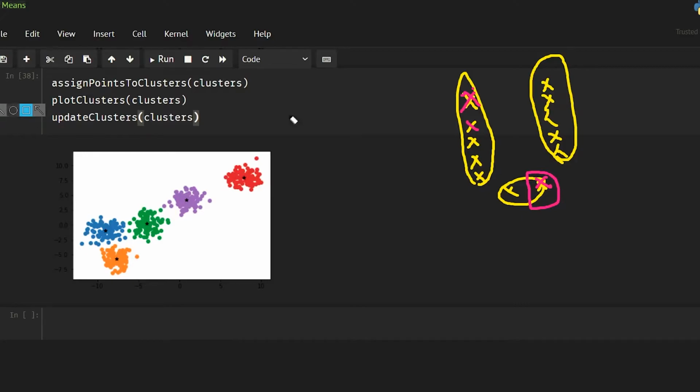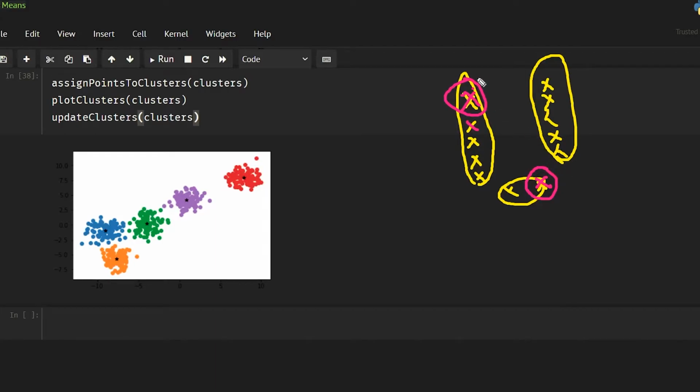Now we are going to find the distance of all the points from this center and from this center as well.